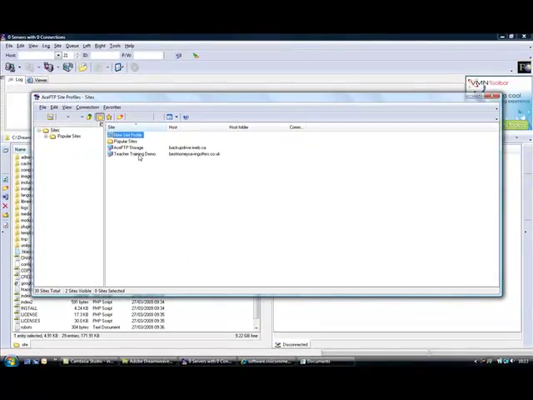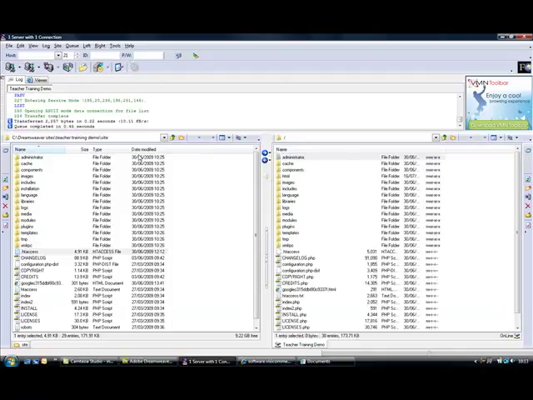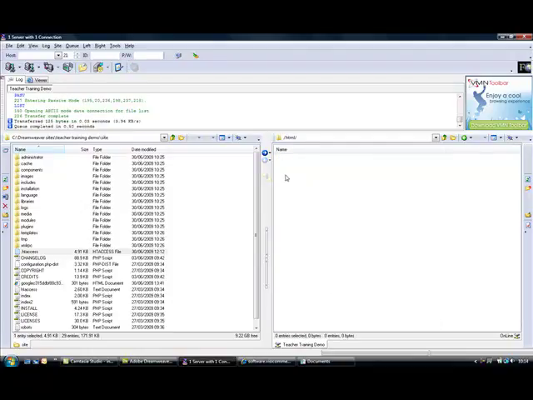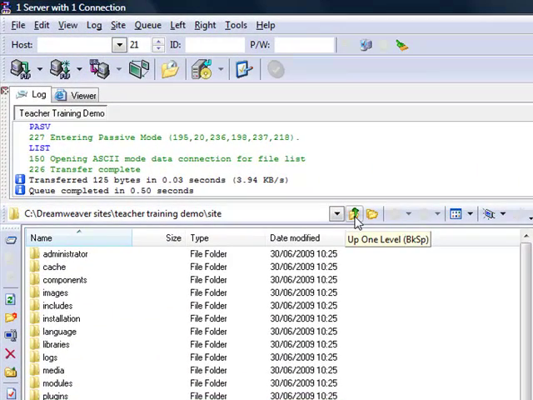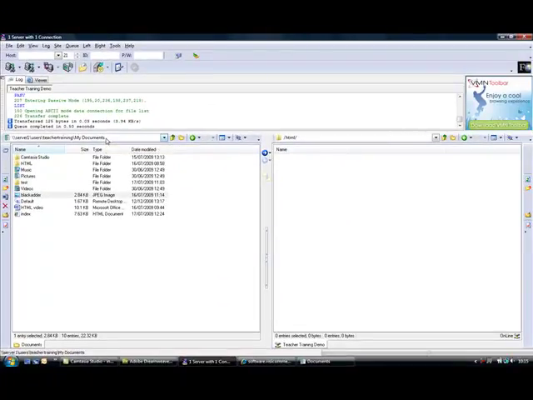So I've already set one up, so if we just double click on it, then it connects with the remote server. I've created a separate subdirectory just for our test purposes. So I'm just going to navigate to the correct place. And from the left hand side, if you remember the left hand side is what's currently on my own computer,